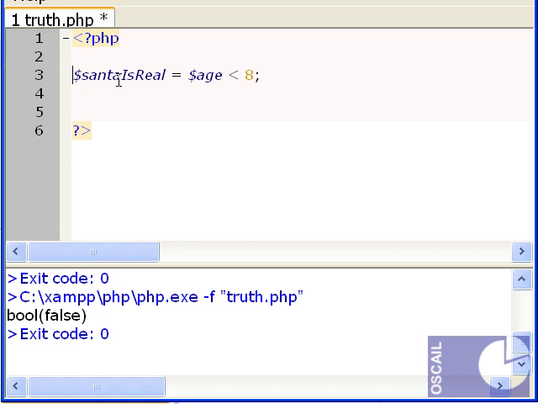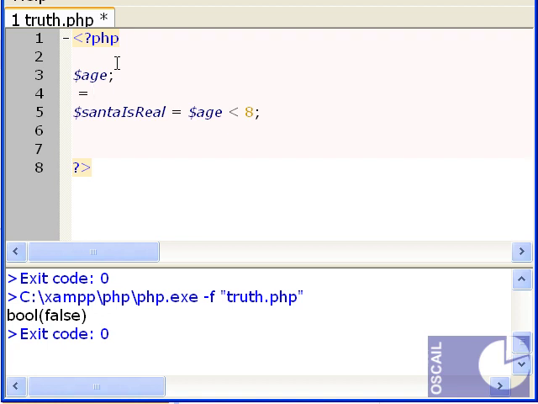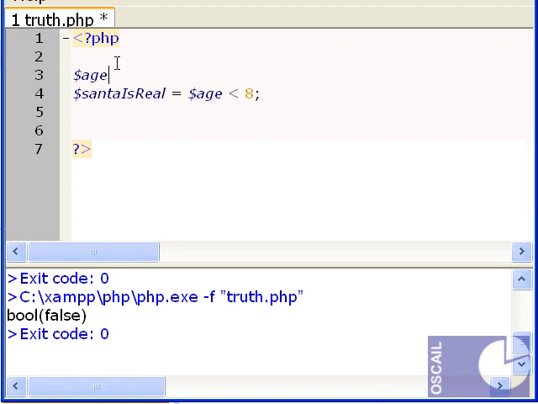So we can see here that we're using the comparison operator, which is the less than comparison operator, and we know that the comparison operator takes 2 operands and returns a Boolean value. So supposing age was assigned the value of 5, so we set age to 5,